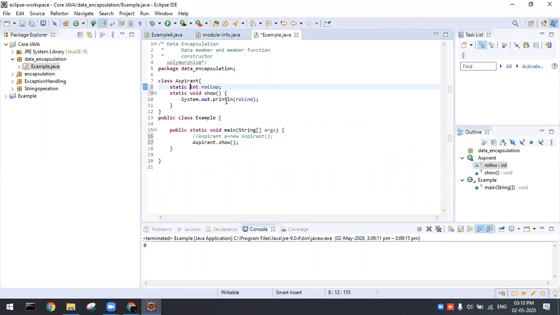Outside of the method you are supposed to use static, then only can I make use of that variable inside a static method. This is the major limitation which we saw with the static keyword, right? Yes or no? If the method is static, you're supposed to use a static variable from outside inside it. A non-static variable is not allowed inside it.